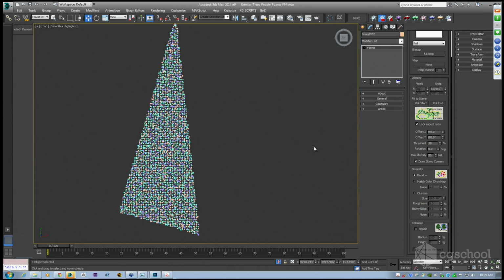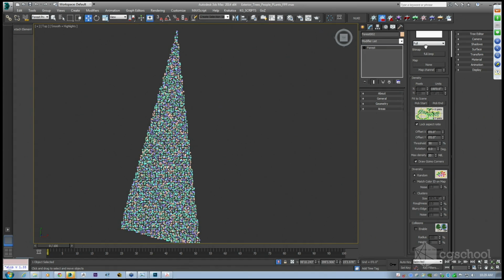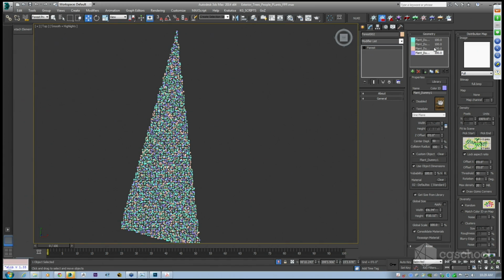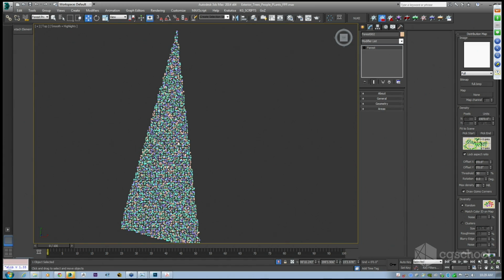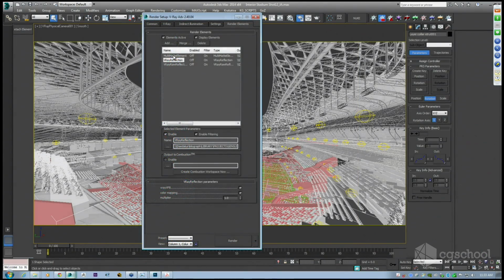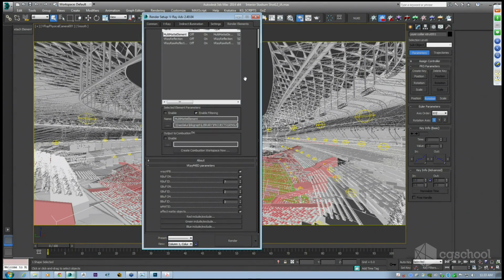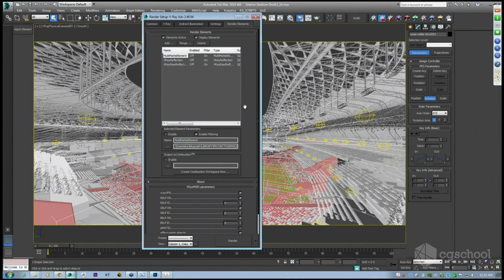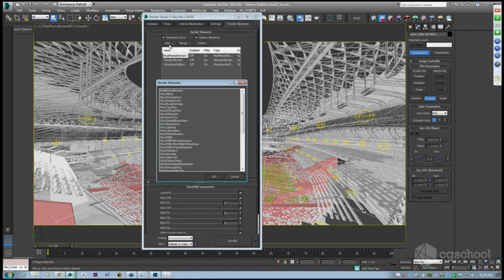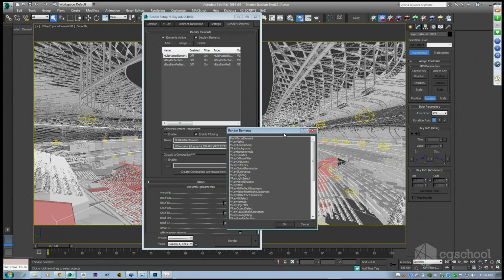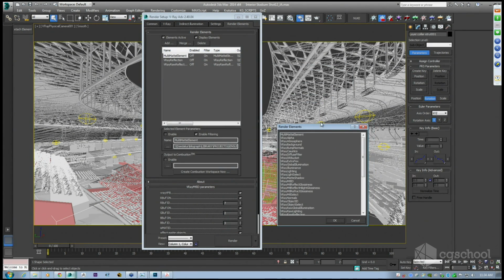Normally, by default, it's on random. So if you have multiple proxies in your geometry list like we set up here, it's just going to mix them all together. That's where this map comes into play. If you do a custom map, the multi-mat is a way, as I explained, to get a specific geometry mask. But in case we don't have time for selecting each part of the geometry and changing properties in the object ID,